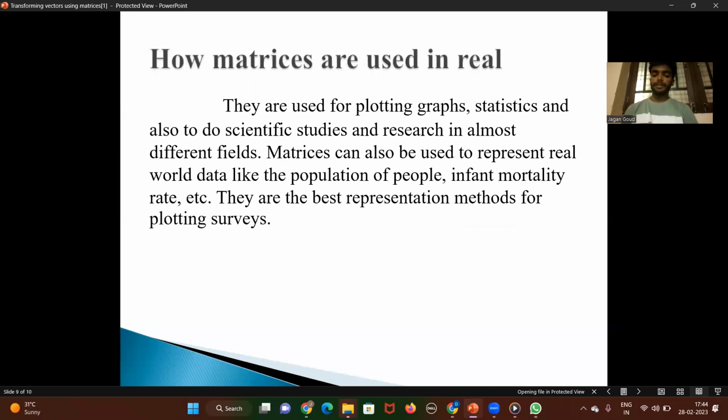Next topic is how matrices are used in real life. They are used for plotting graphs, statistics, and also for scientific studies and research in almost different fields. Matrices can also be used to represent real world data like the population of people, infant mortality rate, etc. They are the best representation method for plotting surveys. Applications of matrices are not confined to mathematics. The concept is widely used in engineering, science, and